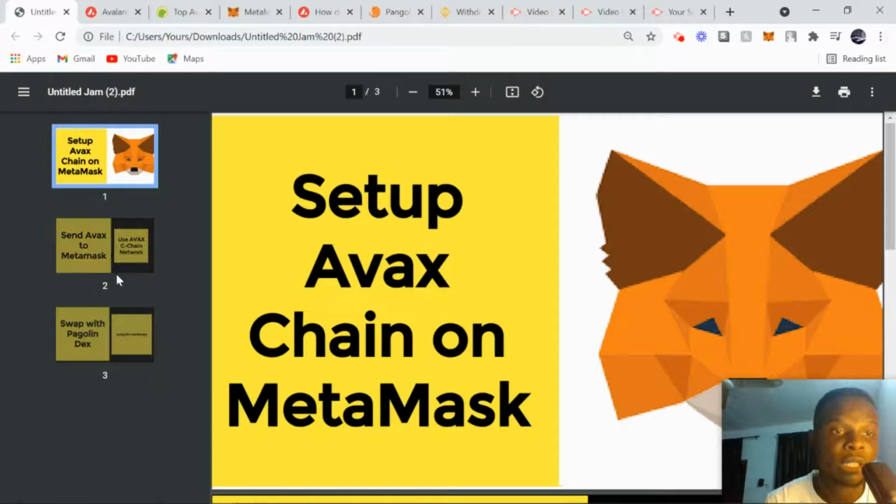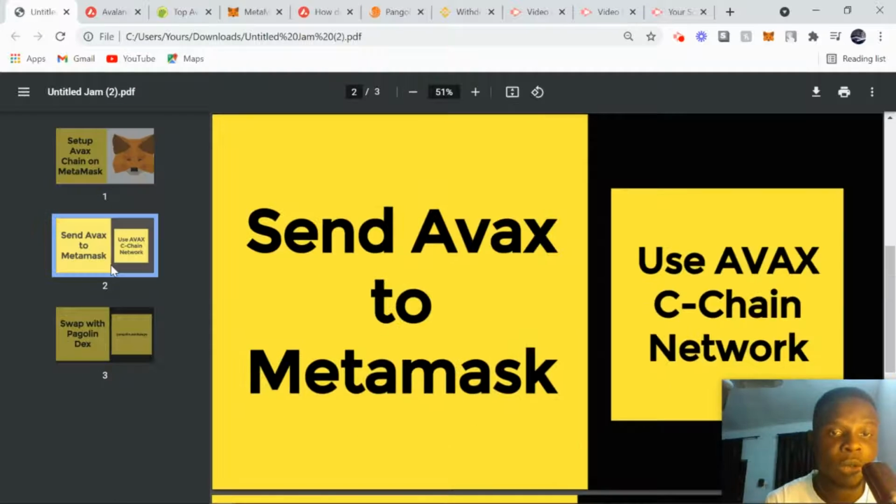The next step is to send Avax to MetaMask. After you have finished setting up your MetaMask and then setting up your Avalanche network on it, the next thing you do is send Avax to MetaMask. To go about this, go to any centralized exchange like Binance, Hotbit, any exchange at all that has Avax listed, and then buy Avax on that exchange and proceed to send it to MetaMask.